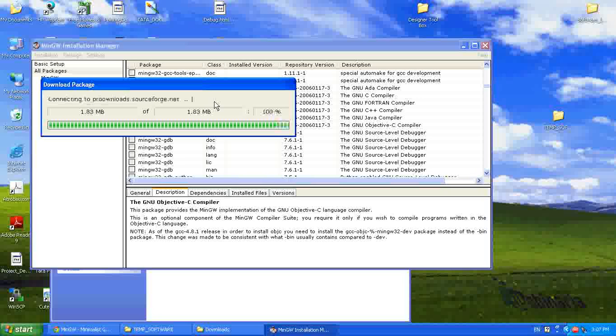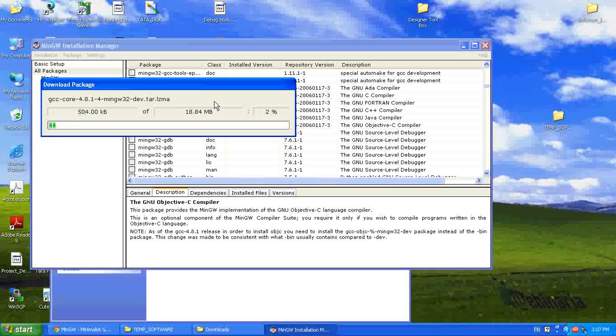It is downloading all the packages from the net. Once all the package gets completed,